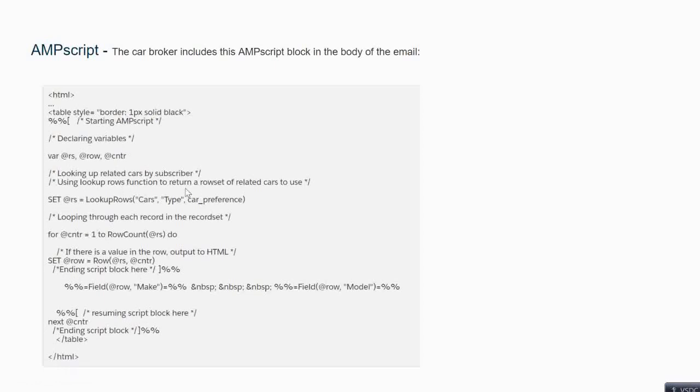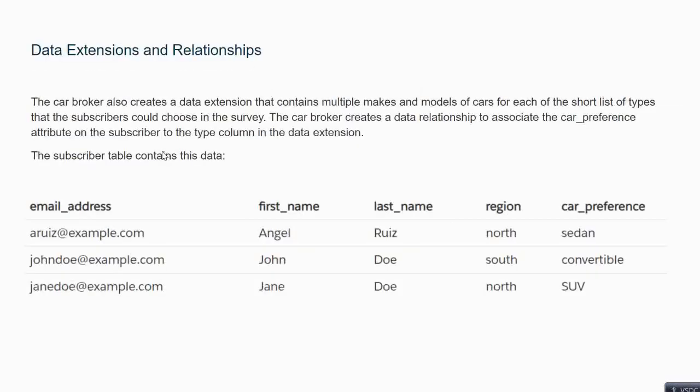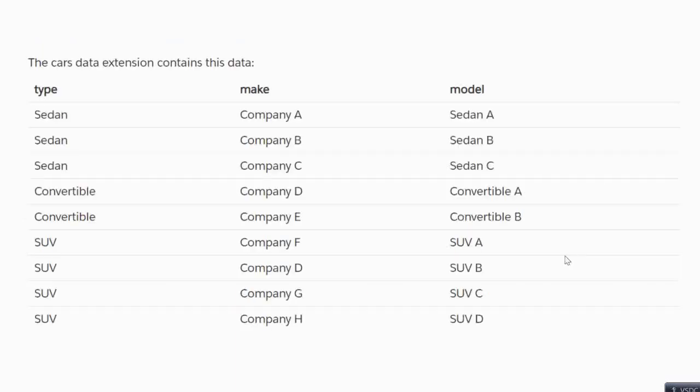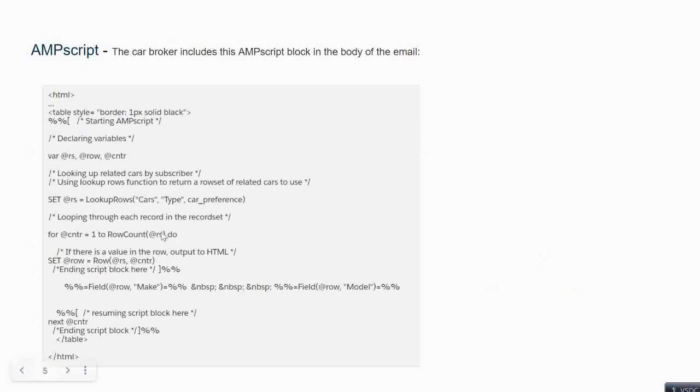So basically, let me explain this AMP script like this. This car preference is actually available directly when you send a particular email, you are getting this entire row for John Doe. So you can easily get this car preference just through the personalization script. You will directly get convertible.